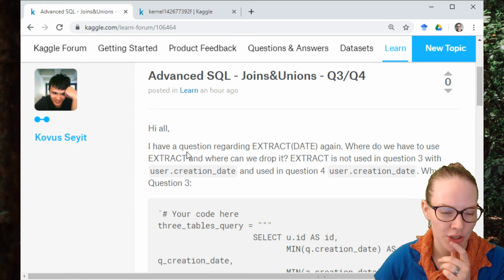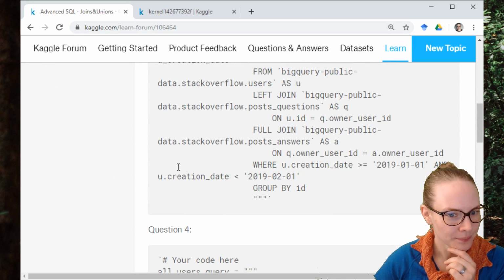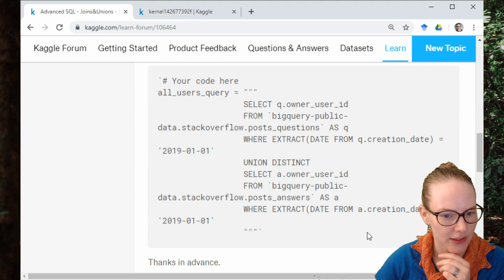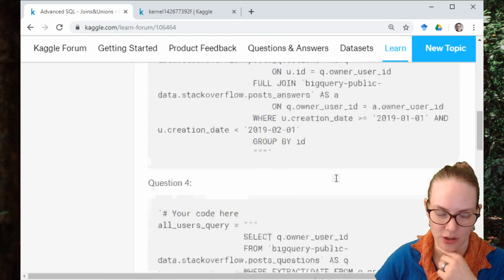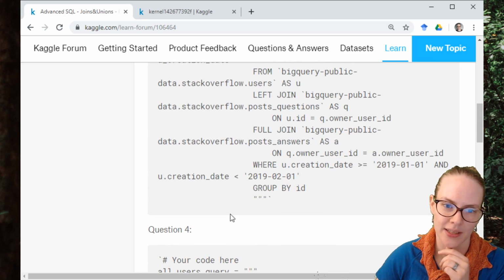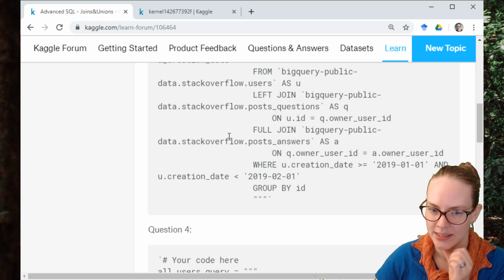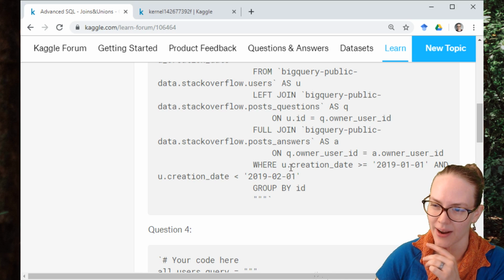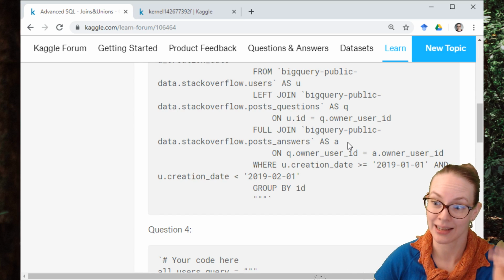Question regarding extract date. Where do we have to use extract and where can we drop it? Extract is not used in question 3 and is used in question 4. Why? I'm guessing that the reason is that here you are doing a comparison, and date comparisons on strings where the year comes first and the day is last can be done alphabetically, right? Because just like in alphabetical order, 1988 0101 is less than 1999 0101,